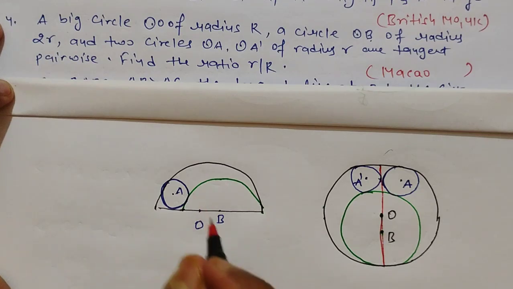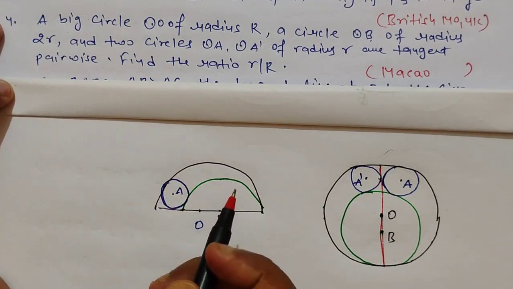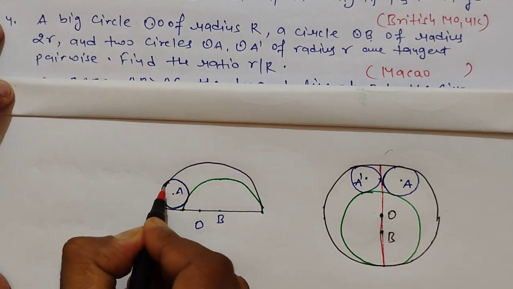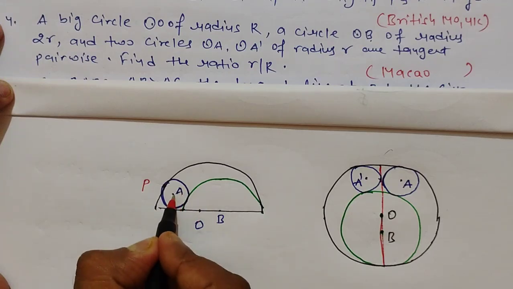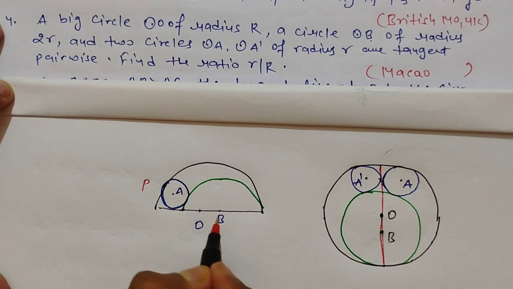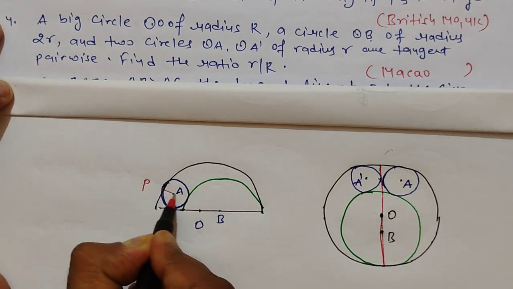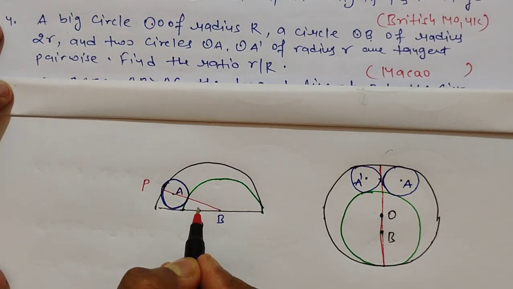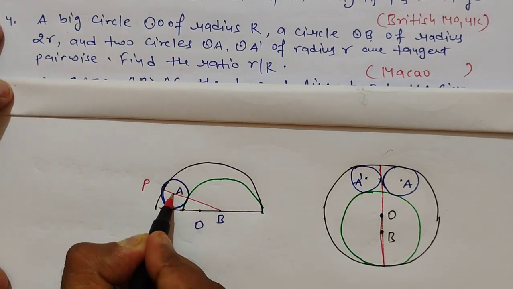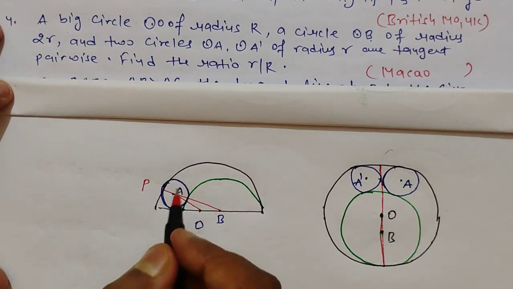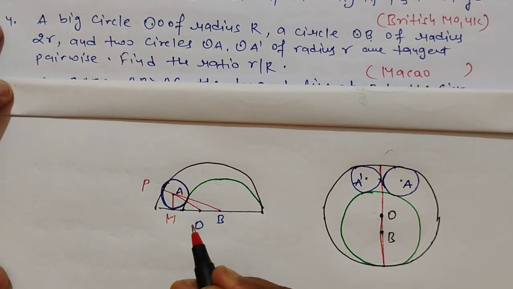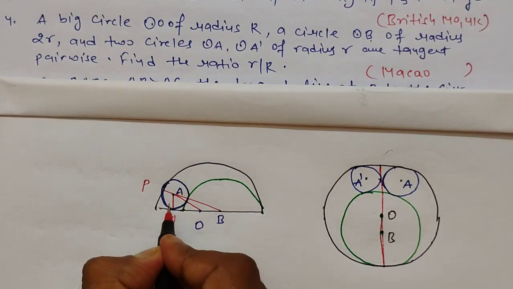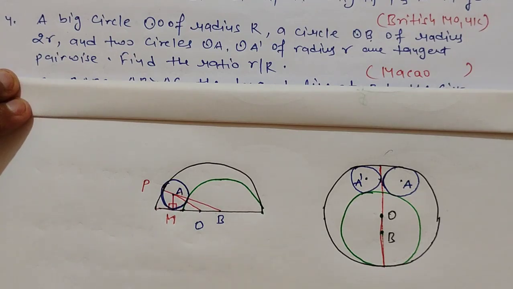And connecting the point of tangent here at P, and A and B, like this, and A to O like this, and also this is perpendicular to the point M. This is the tangent, so this will be perpendicular. And now